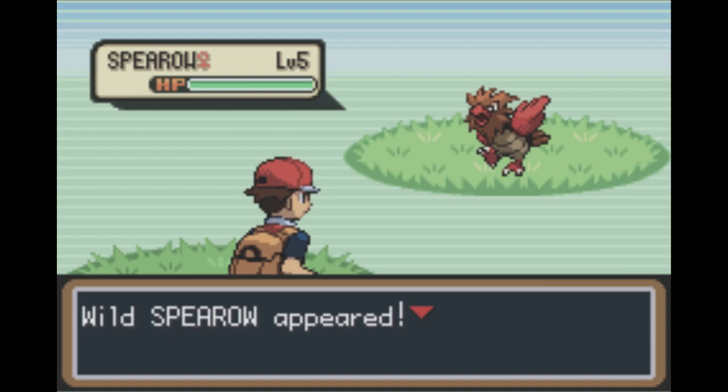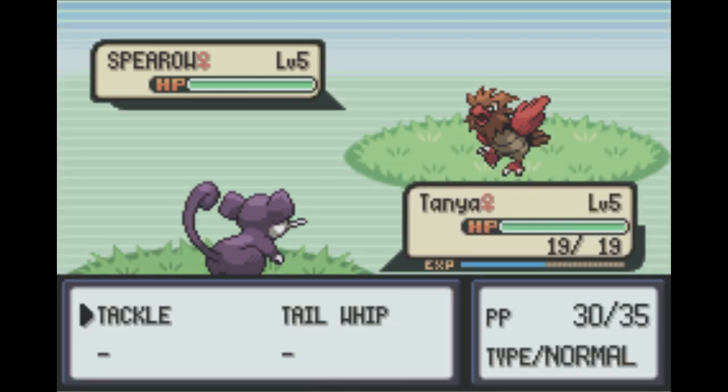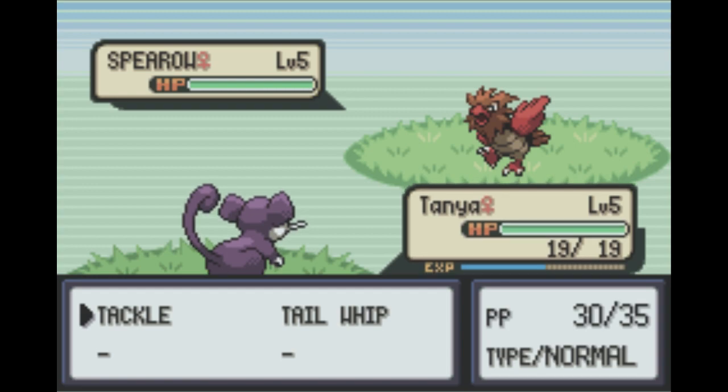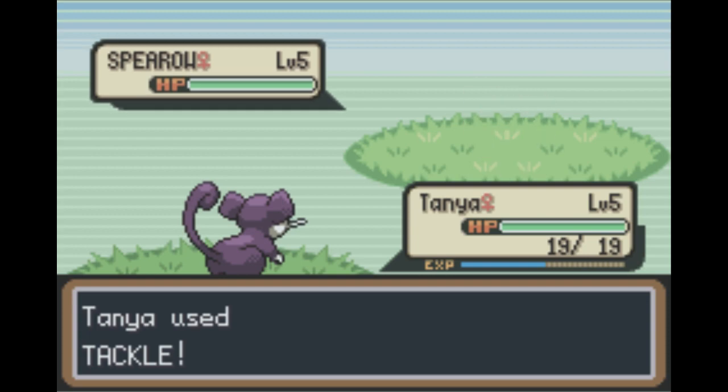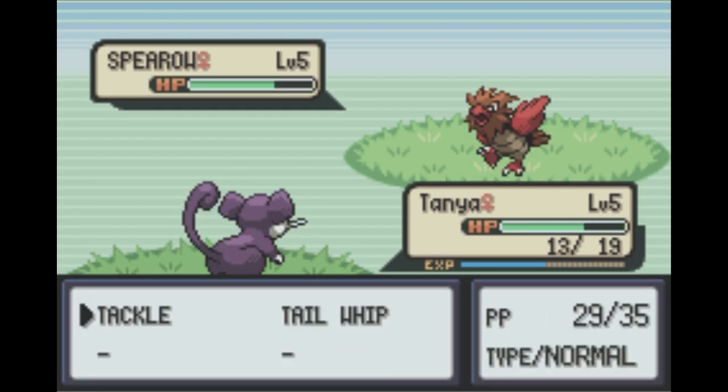This is the other Pokemon I could have encountered for this area. Spearow. Another decent flying type. Definitely glass cannon. High attack, shit defense. Would have been useful against...